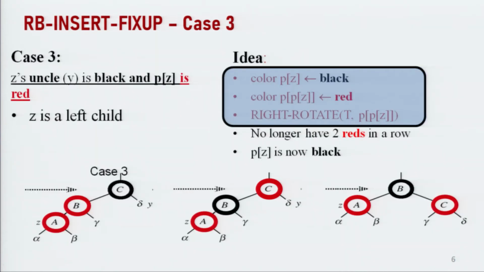Now, next is case third. Basically, before case 2 we are going to discuss case 3, because in case 2 we convert case 2 to case 3. So, first we need to discuss case 3, then we will discuss case 2. So, what is case 3? In case 3, the important point is that Z's uncle must be black. In case 1a and 1b, Z's uncle Y was red, while in this case the Z's uncle Y will be black.